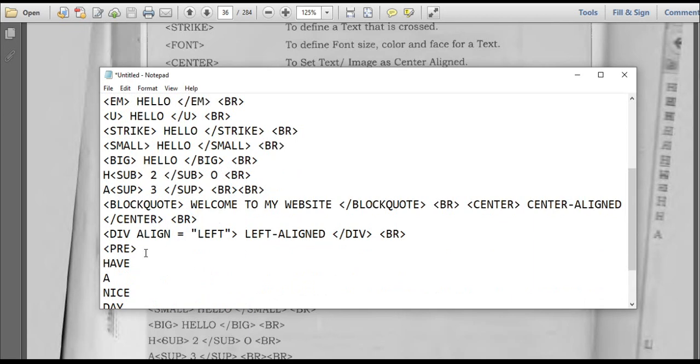If you want to write H2SO4, 2 will be the subscript, O, H2O. So superscript A cube, SUP, 3 should be in superscript.